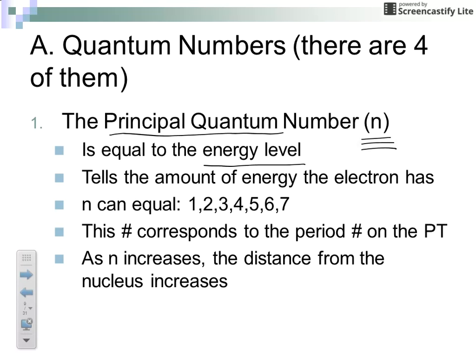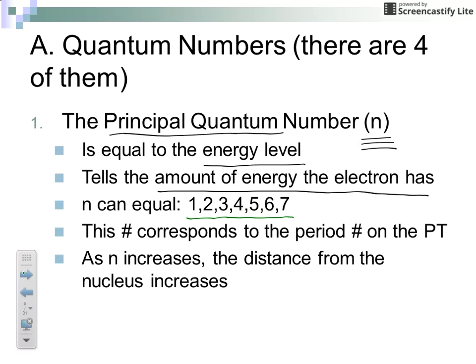What this tells us is the amount of energy that the electron has. N can have values equaling 1, 2, 3, 4, 5, 6, or 7,